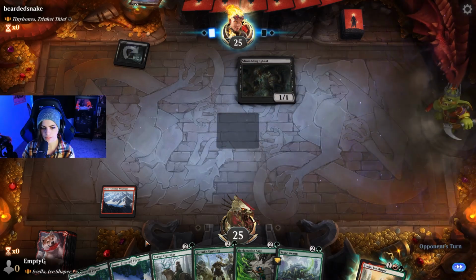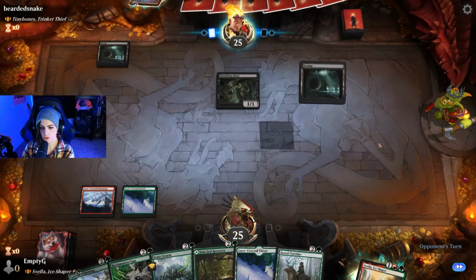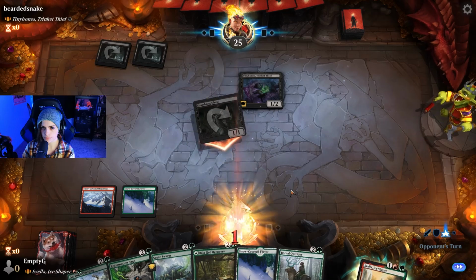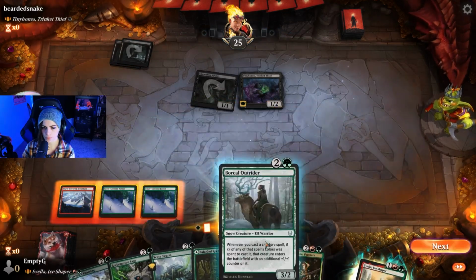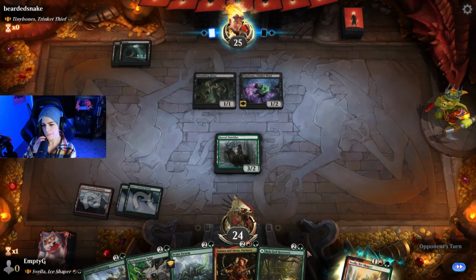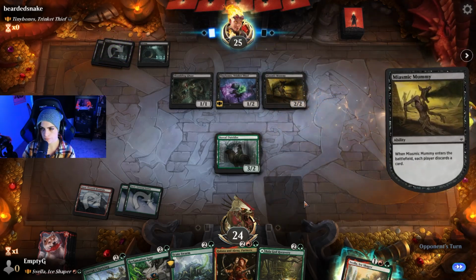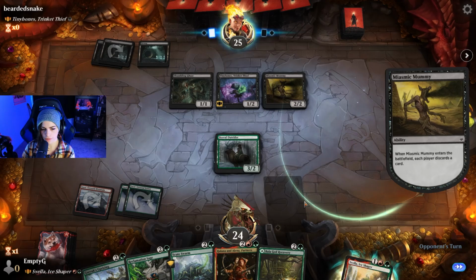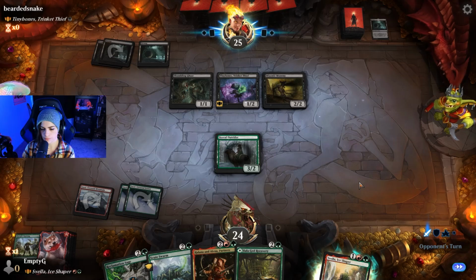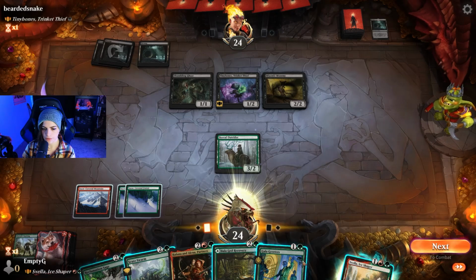Okay. Shambling gas, 'cause they're just shambling through this world. Boop, boop. What are we discarding here? I think maybe Garrick. I really hope we hit another land drop so then I can put Helana. Oh man, no land drop, but